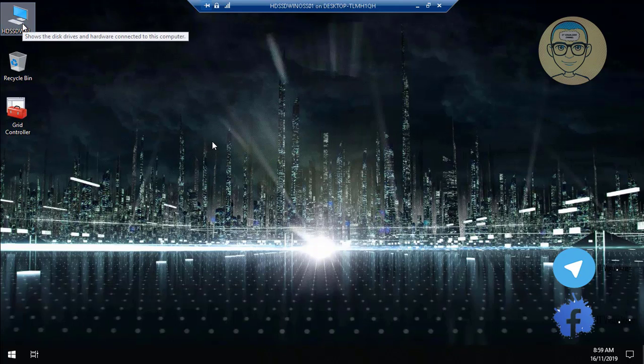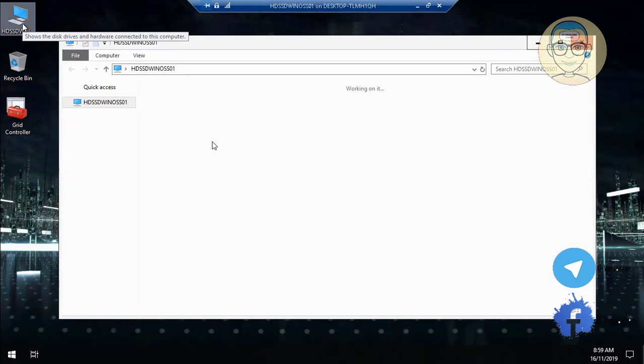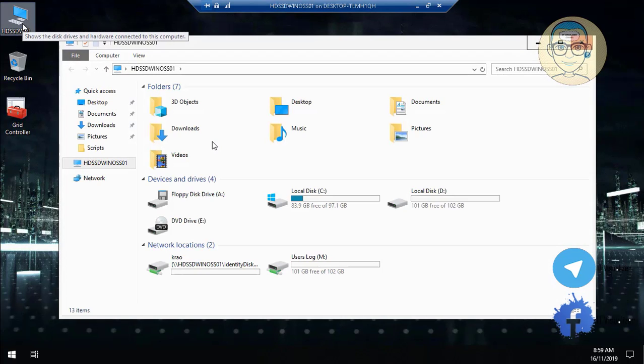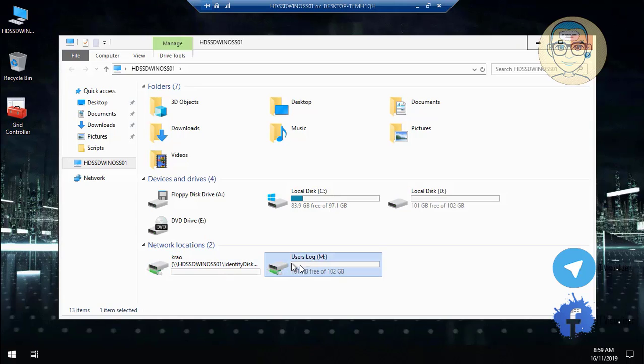So now we can see that the user home directory folder will appear, and the IT department share will appear as a mapped network drive. This will be an M. This is the IT department share and this is the user home directory folder, but we need to put a quota on every one of them, so I can put a certain size of data on both of these mapped drives, and